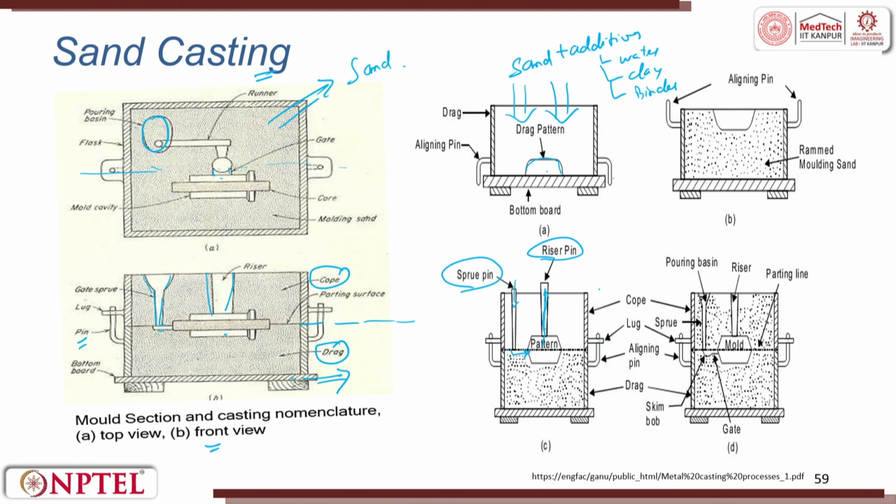and later, once the consolidation happens fully, we remove the sprue, we remove the riser out. So, the profile is retained, right. You see here the pouring basin and the other things, the parting, you see a parting line. Okay. Now comes the question, how do I make the gate here and the runner here?